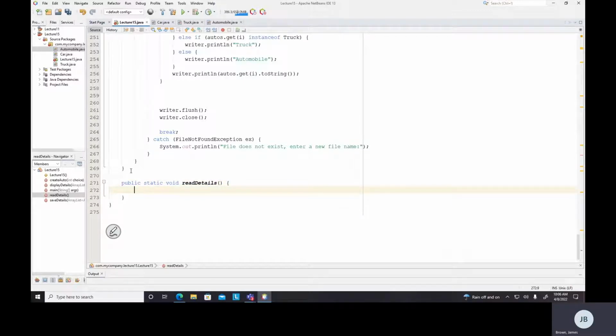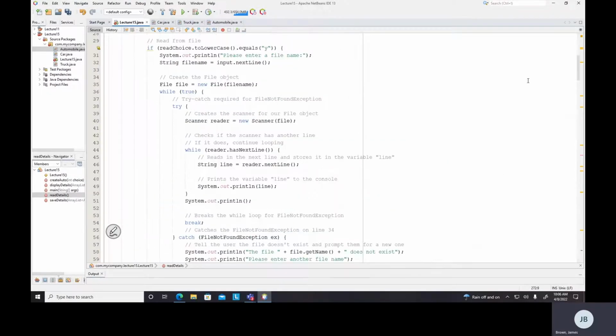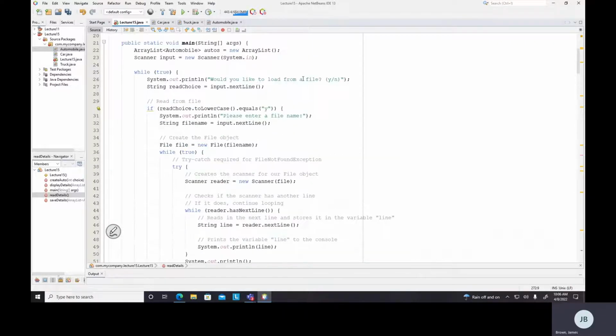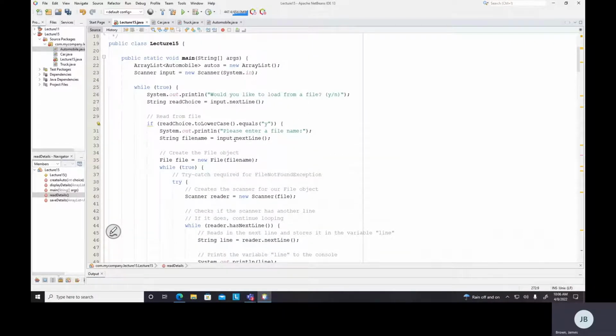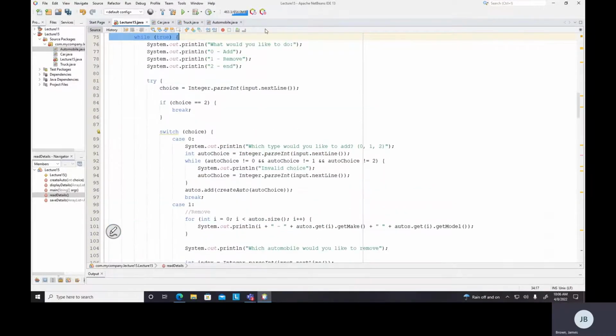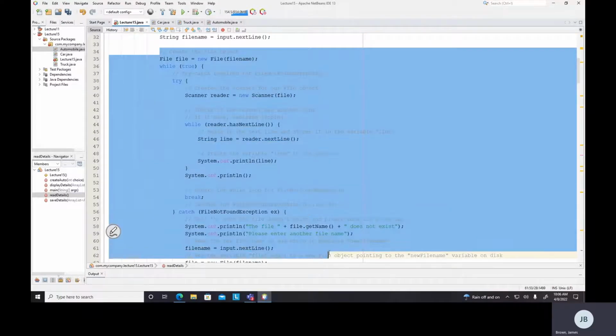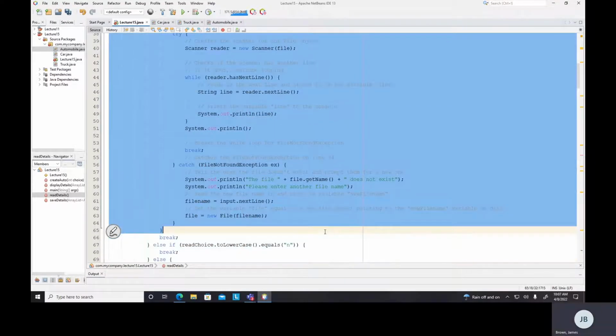And that's just going to read in the details. And so in our main, we're going to ask the user if they want to read from a file. So we're going to keep that code in here, but I'm going to take out all the code that relates to reading in. So all of this stuff, all the way down to,